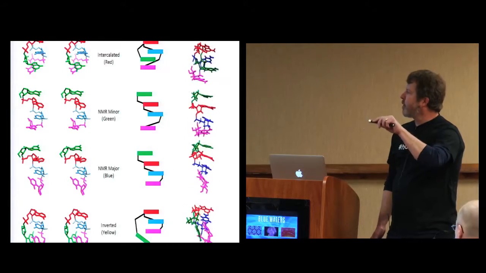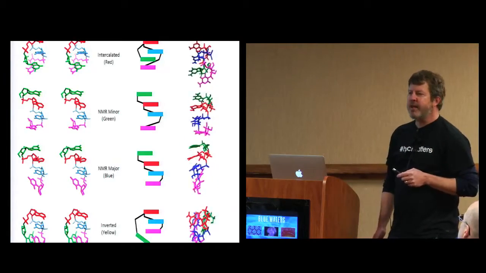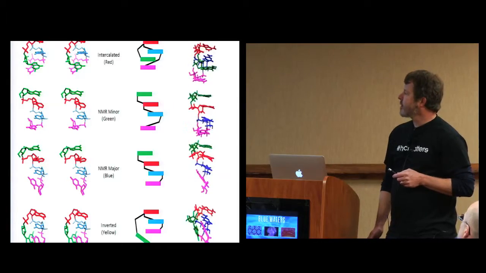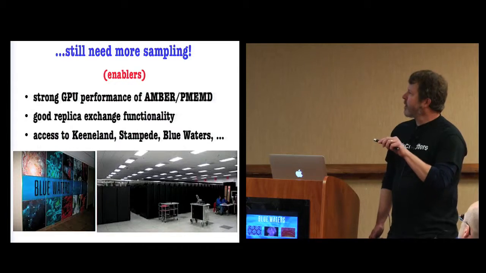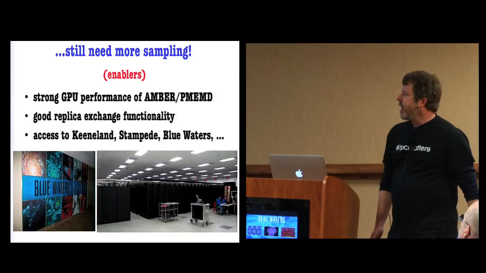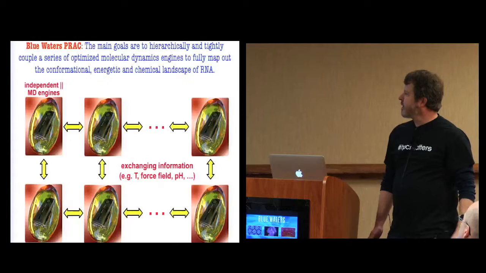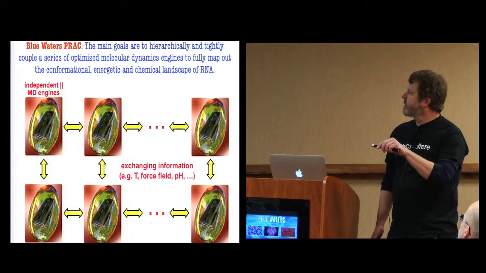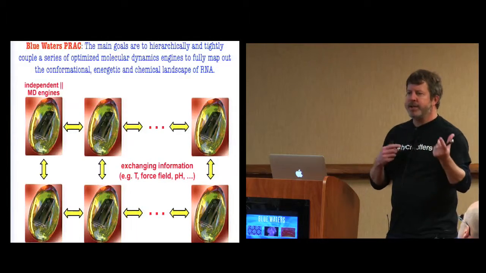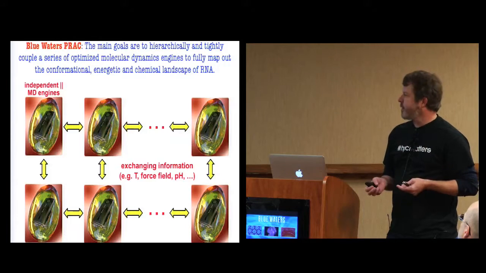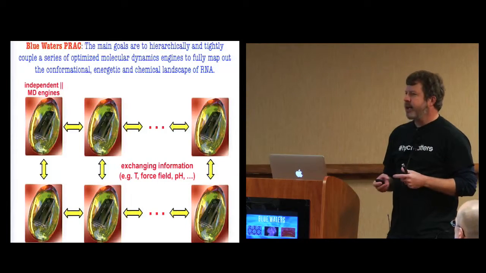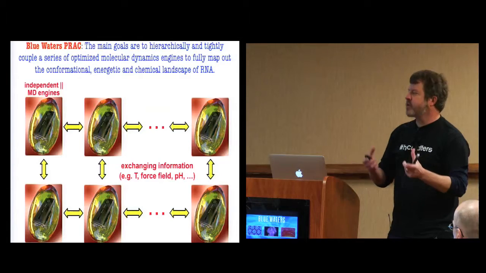These are not compatible with the NMR data that we have, so they're kind of anomalous structures or errors. And that's where we were until just recently. So if we get more sampling by using GPUs, lots of them on Blue Waters or other machines, essentially our PRAC is tying together these independent runs where we exchange information like temperature or changing force fields or pH,